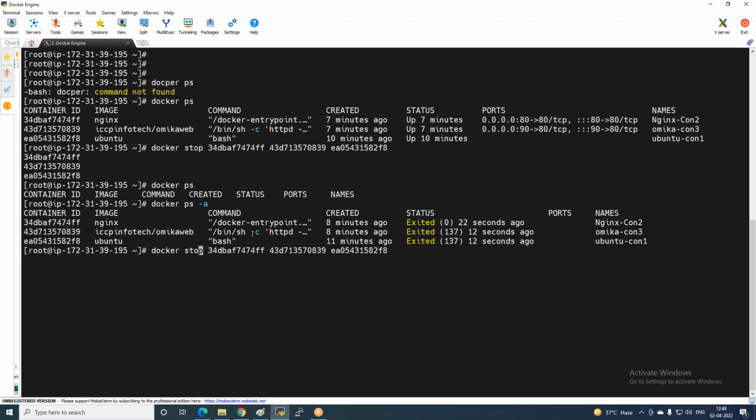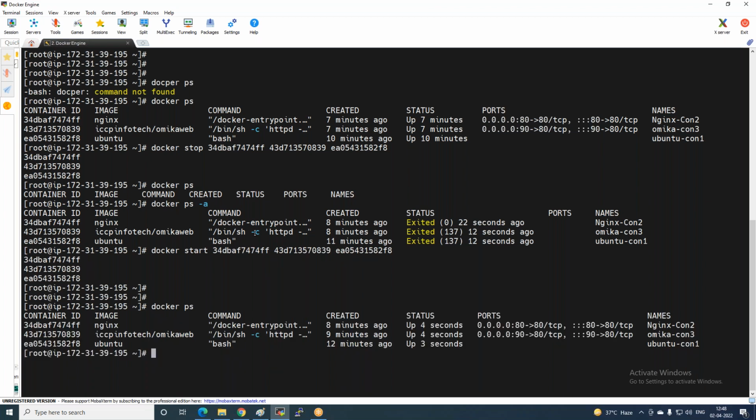Now if you want to start them, it's a simple command. I start all the containers. And now you can see it's good. If you want to log in to a container, you log in one by one, because it's not possible in a single command. So how to log in? Docker exec